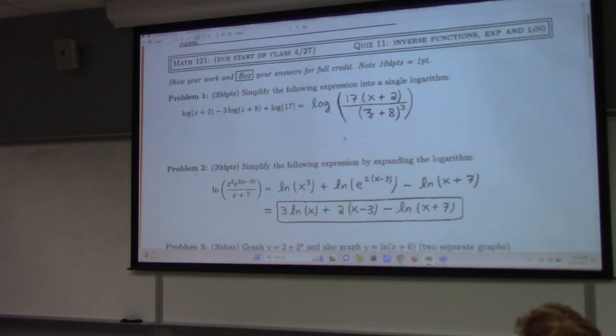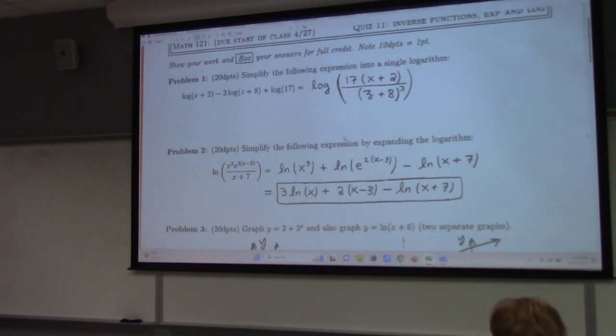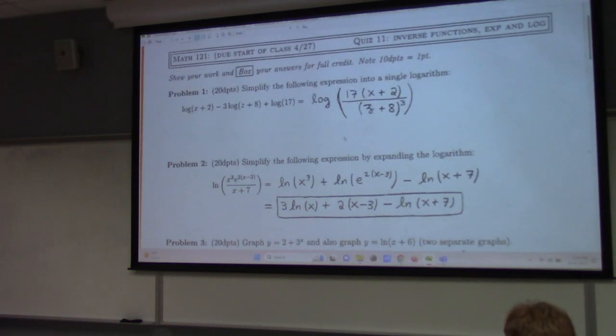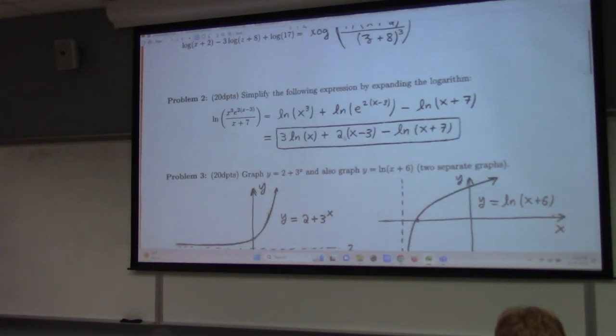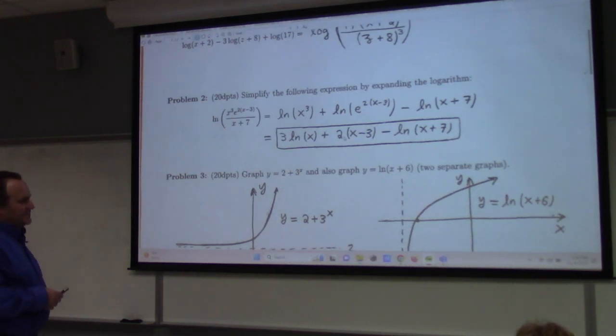So I just posted this solution in Canvas. My apologies about the 11 up here. I'm just recycling this solution from last semester. Last semester it was quiz 11, but for you guys it's quiz 9 as it happens. In fact, last semester in the spring, I think I gave this as a take-home quiz. So I really haven't given you guys much time for it,